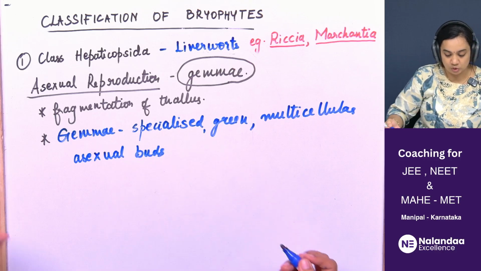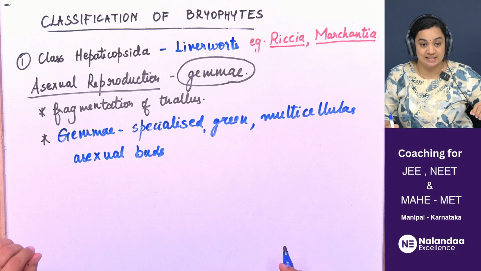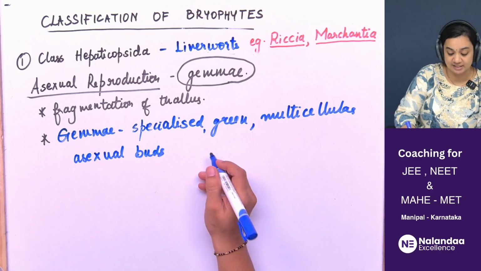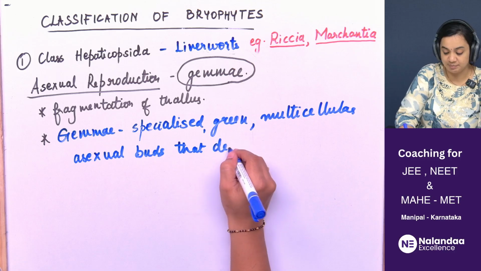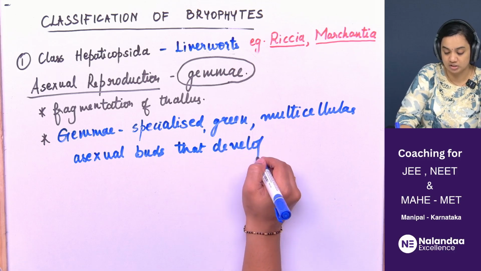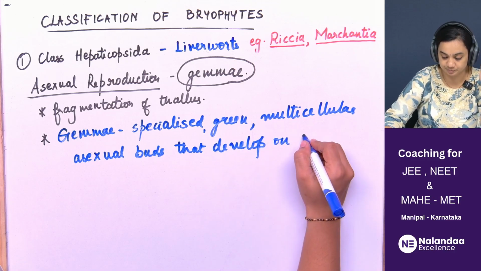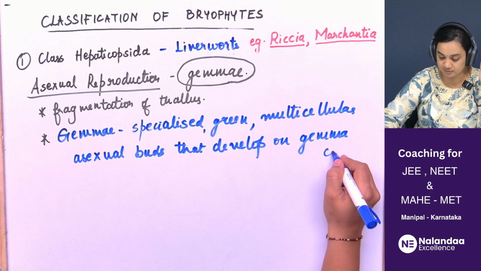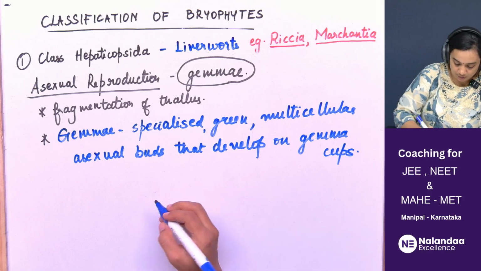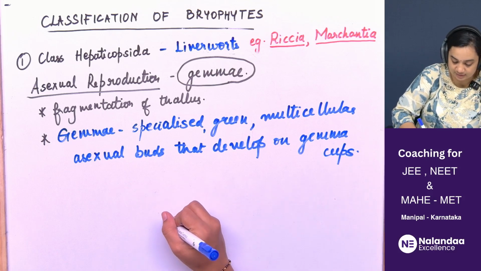So gemmae are specialized green, multicellular and asexual buds that develop on receptacle-like structures called gemma cups. Basically, on the thallus, let's say if this is the thallus,